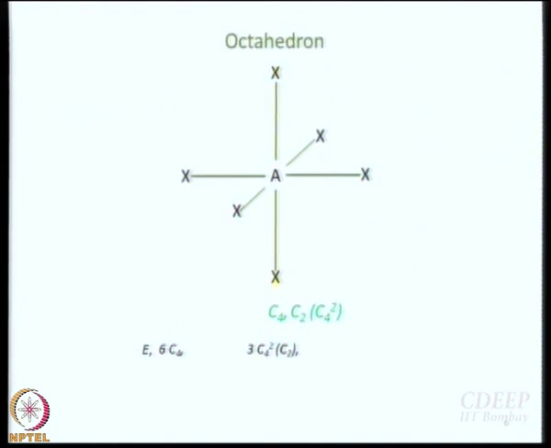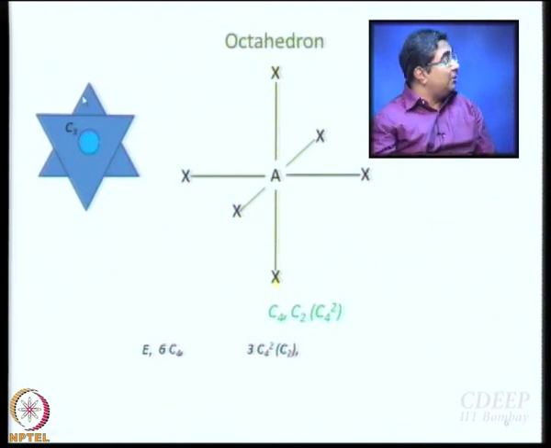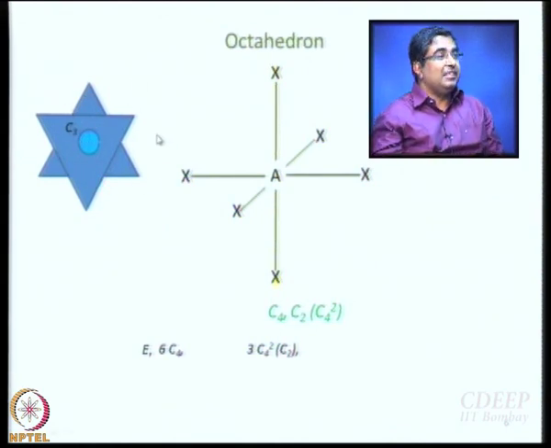Any other axis? C3. Where is C3? And this is where you see it better if you tilt the octahedron a little bit. So you see A, B, C form the apex of a triangle, and then A, B, C form the apex of another triangle which is pointing the other way. Okay. So together, if you look from the top, they form something like a David star, Star of David.